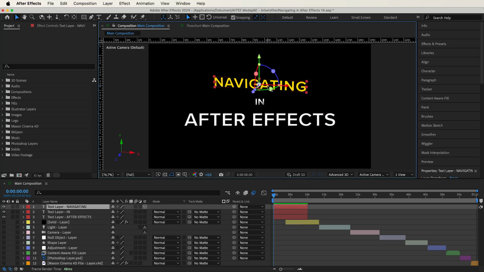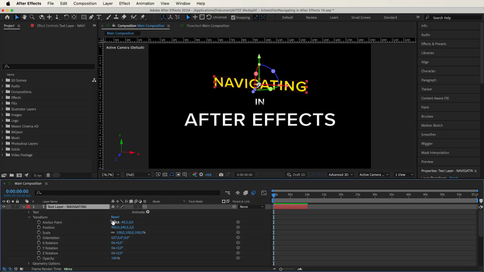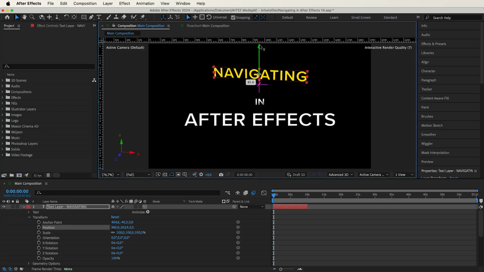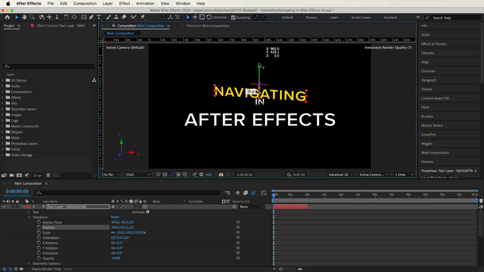All 3D layers can be controlled by this so-called Transform Gizmo in the middle. So let's orbit or rotate and open the Transform properties to see the changes in the layer. The Y, or vertical, is represented and controlled using the green color. The arrow in the top of the gizmo lets us change the position up or down along the Y-axis, while